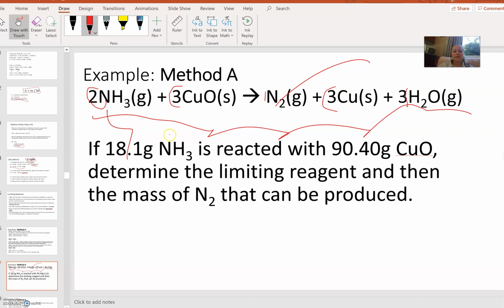The next thing is, here's the information that you've been given. It says if you've got 18.1 grams of ammonia and it's reacted with 90.40 grams of copper oxide, determine the limiting reagent and the mass of N2 that can be produced. So first thing in chemistry, and where students always go wrong, is they think that you can relate masses, which you never can. Okay, so anytime you're given a mass in chemistry, you must always turn it into a number